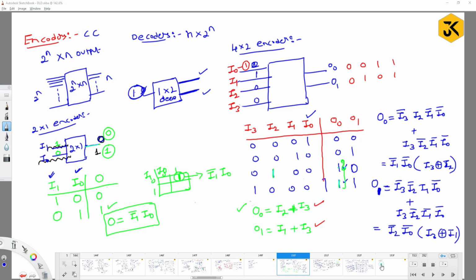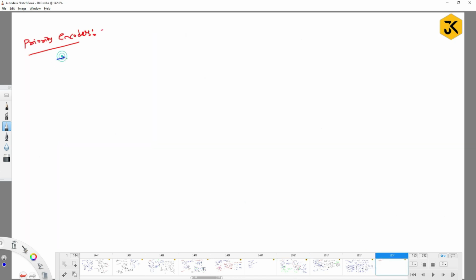So the thing is, the normal encoder is going to behave abnormally when you give values other than those. Sometimes the circuit may be short circuited, and at that time you may get two input lines high. You are going to get unknown values, or it may behave abnormally. Am I right? That's the problem, and that's the reason we are moving to priority encoders.